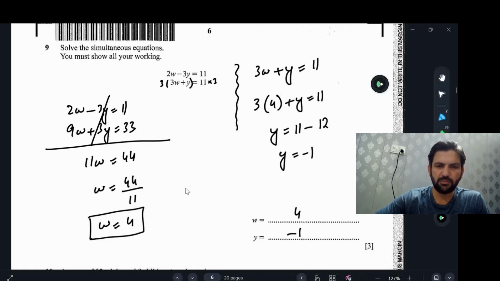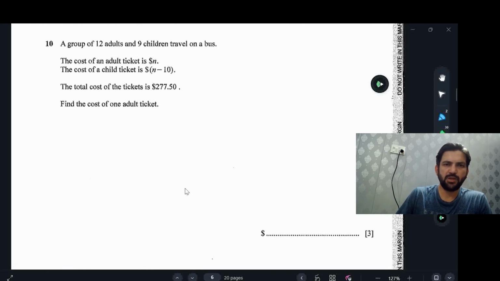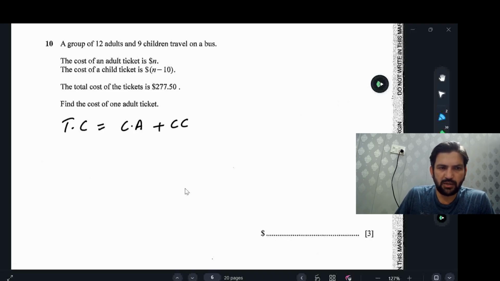Let's move to question number 10. Now in question number 10, a group of 12 adults and 9 children travel on a bus. The cost of an adult ticket is this, the cost of a child ticket is this, and the total cost of the tickets is this. Now total cost means cost of adults plus cost of children. We have 12 adults, so the total cost is